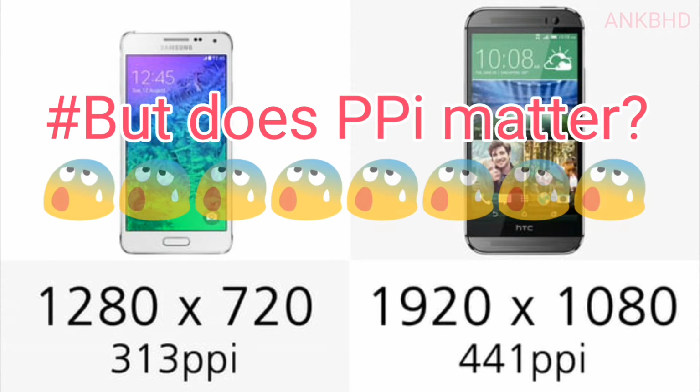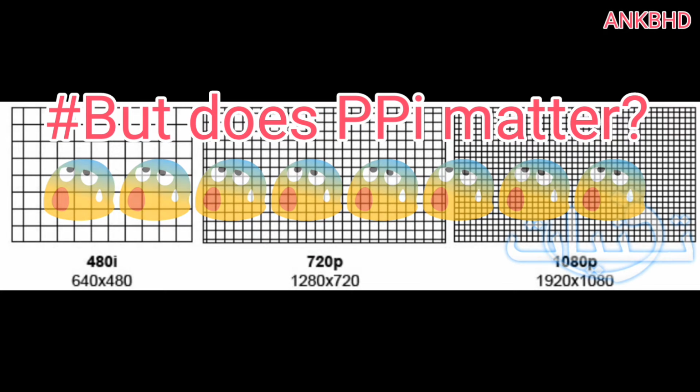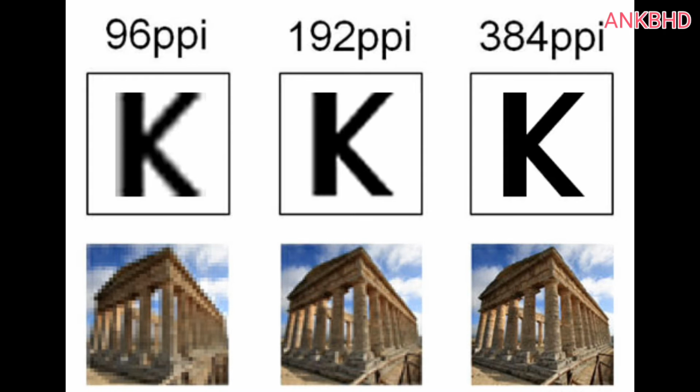But does PPI matter? The interesting thing about devices that boast a PPI higher than 400 is that your eyes can't see the high concentration of pixels at normal smartphone viewing distances. Your naked eye can only see densities of up to 399, so you won't be able to tell the difference between a device with a PPI of 400 and 444. In conclusion, Full HD only matters if you have a device that is 5.7 inches or bigger, when the pixels become bigger and therefore more visible.